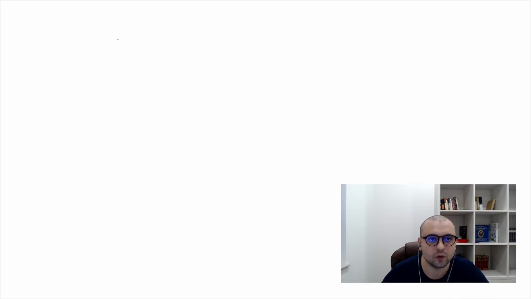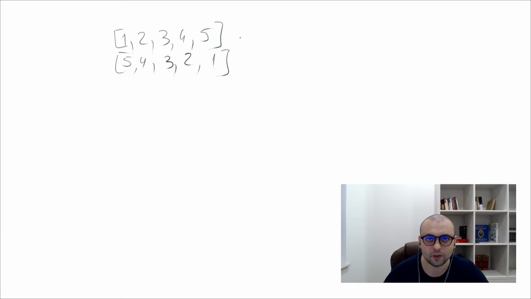So let's assume we have the following structure. We have two vectors with the following values. The first one will be 1, 2, 3, 4, and 5. And we have the second one with the values 5, 4, 3, 2, and 1. So there is a possibility in Rust where we can zip these two iterators. Extremely powerful. If we call the first one A and the second one B, the function will be A